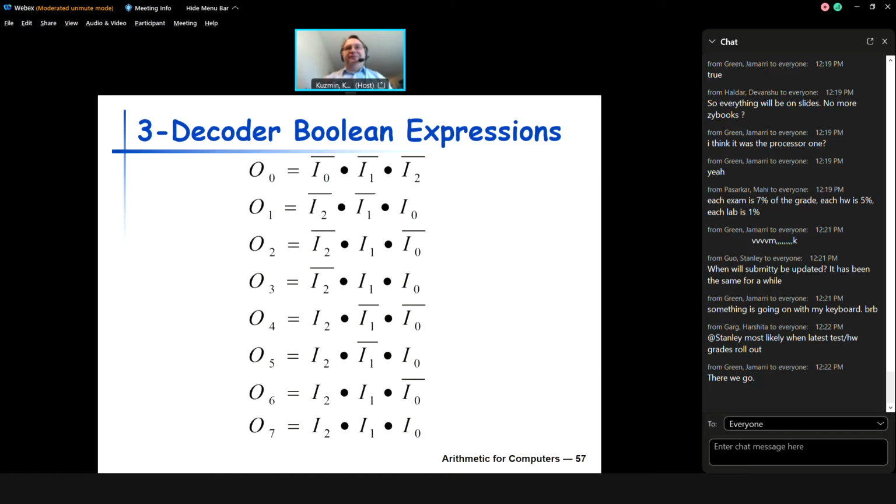you would really want to reuse existing components to build higher order components. Like, can you think of a way to build, let's say, a 3 decoder using a 2 decoder? So those kinds of questions